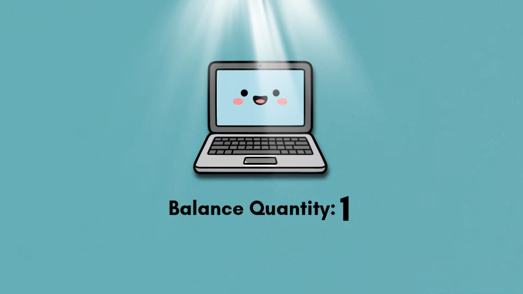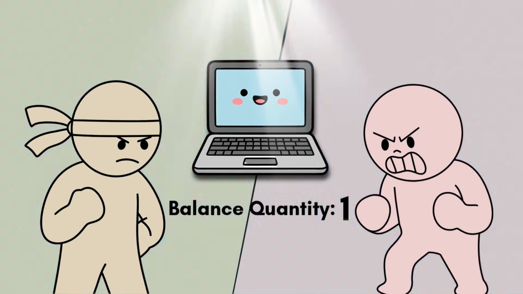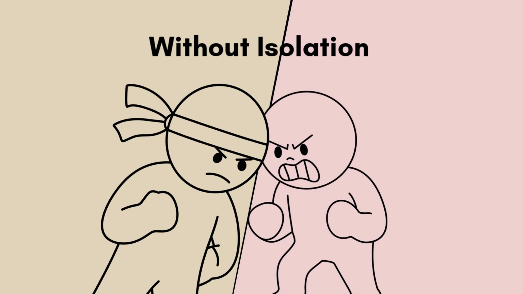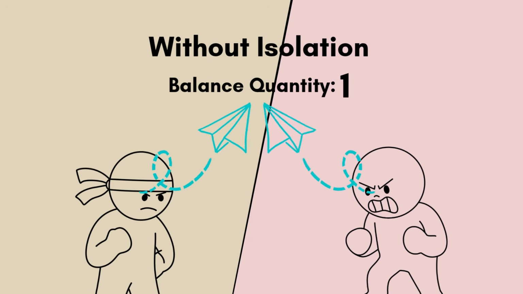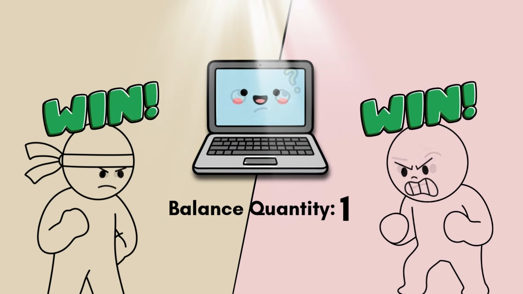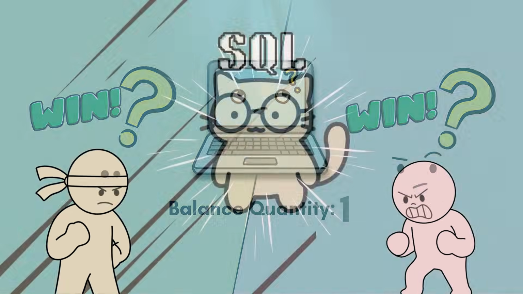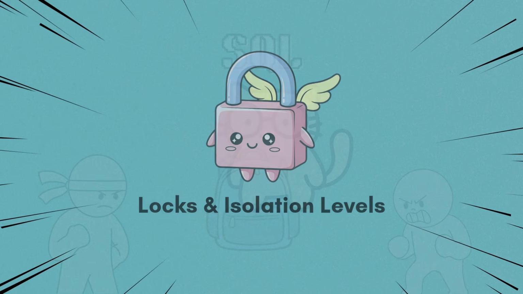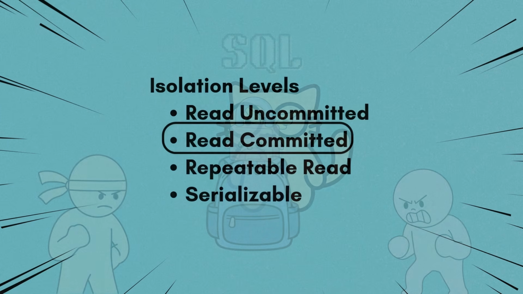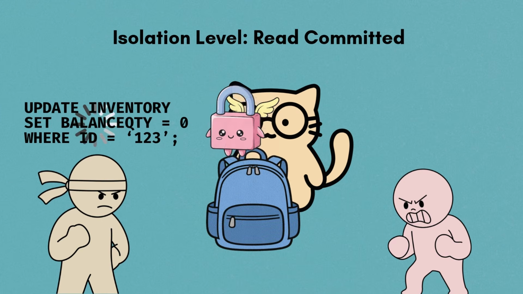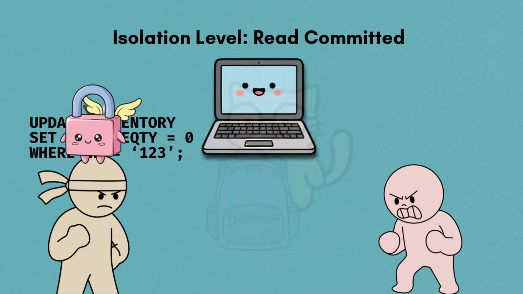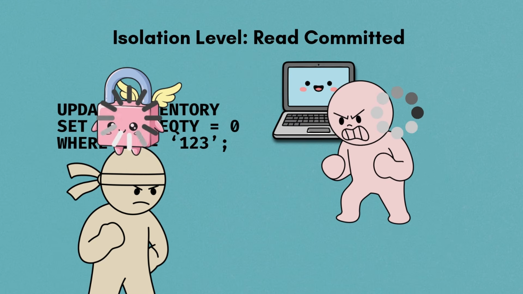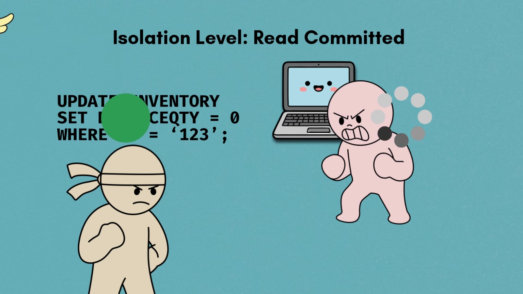Imagine an online store with only one laptop left in stock, and two customers try to buy it at exactly the same time. Without isolation, both transactions might read the inventory as one, and both place an order, causing overselling. In SQL Server, databases solve this using locks and isolation levels. For example, in the read committed level, when transaction A is updating an inventory row, it locks that row. So, if transaction B tries to access it, it has to wait until transaction A commits or rolls back before